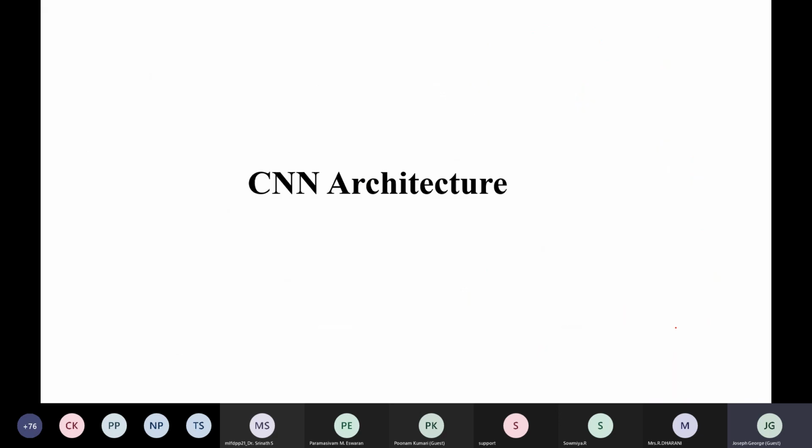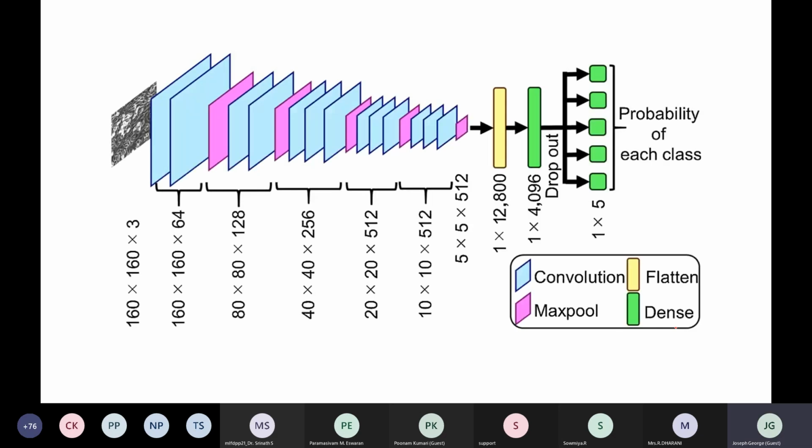With this concept, if you look at this CNN architecture, it will be very clear. You are giving an input, and then you are performing operations. Here blue represents the convolution operation, violet represents max pool, green represents dense, and yellow represents flatten.